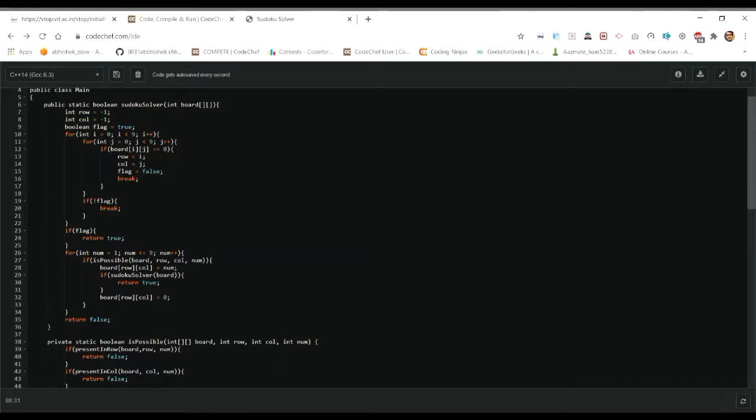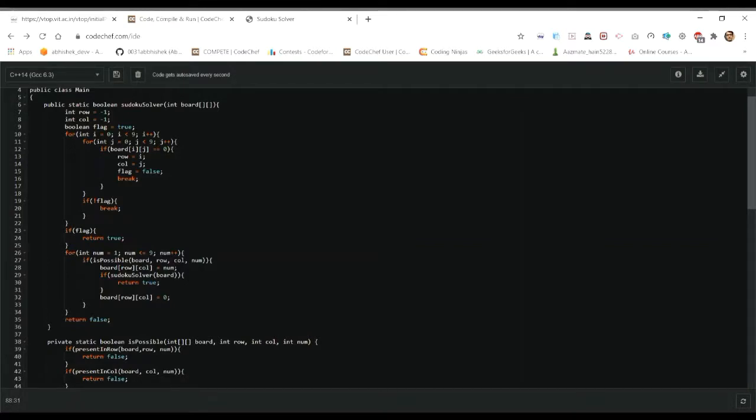For the empty cell I'm checking board of i of j is equal to 0. So we'll check whether that cell is empty or not by checking for 0 in that cell. If it is, then we will mark that row and column and make the flag false because that cell has 0 in it, and we'll break.